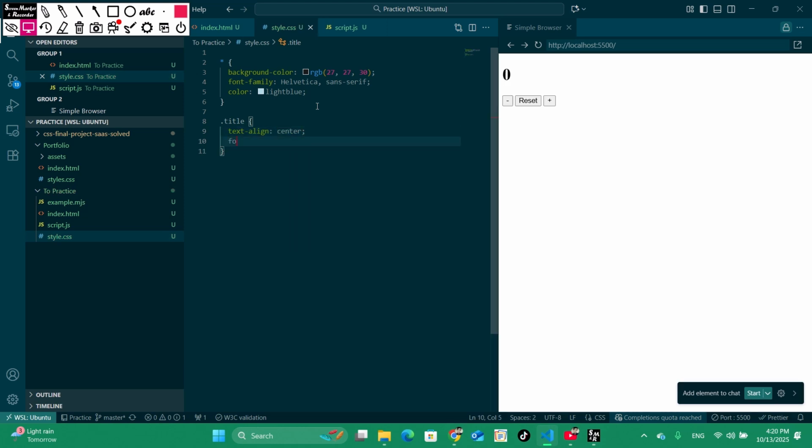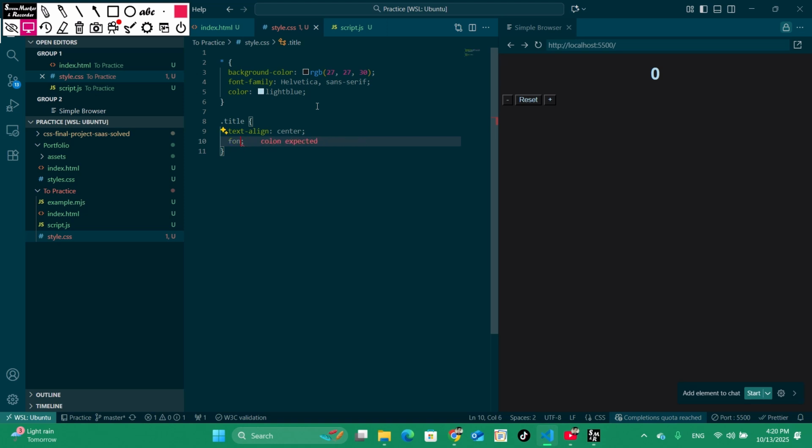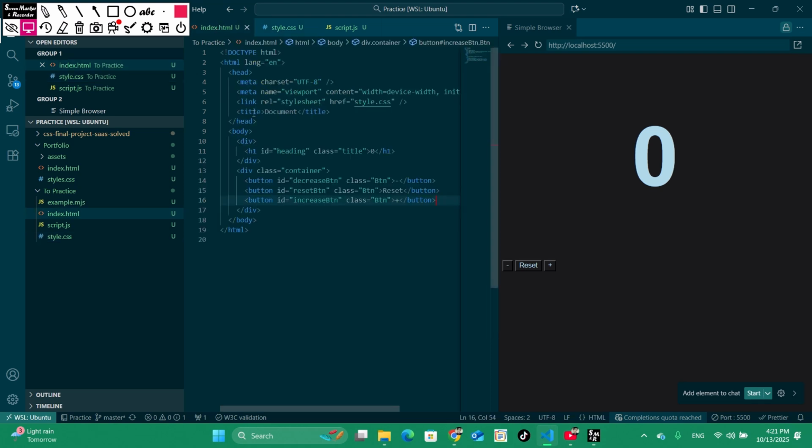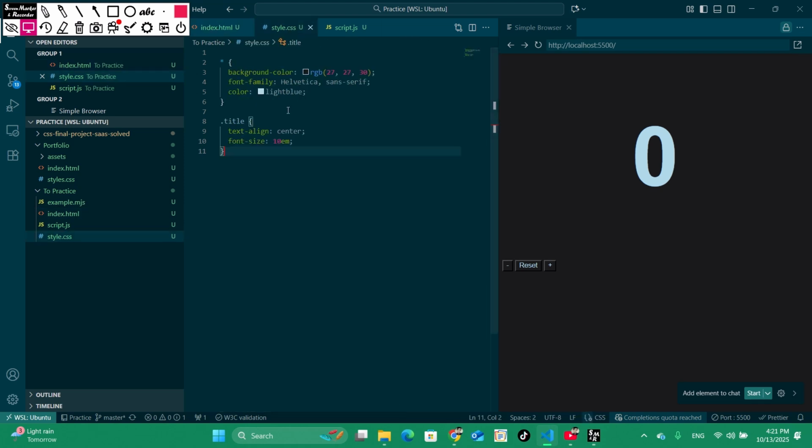and then we're gonna use a font size, and then we're gonna use 3 EM, which basically makes it a little bit bigger. So now, and then we need the class of container here. Okay,